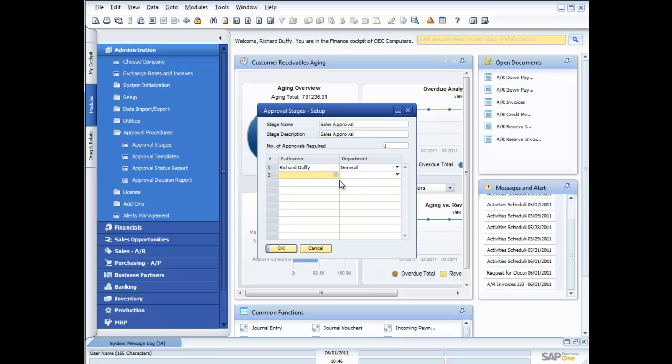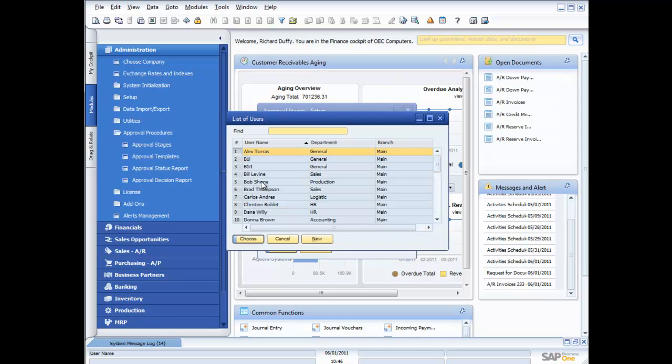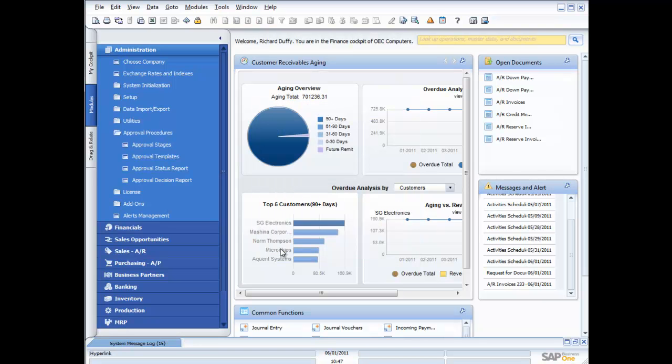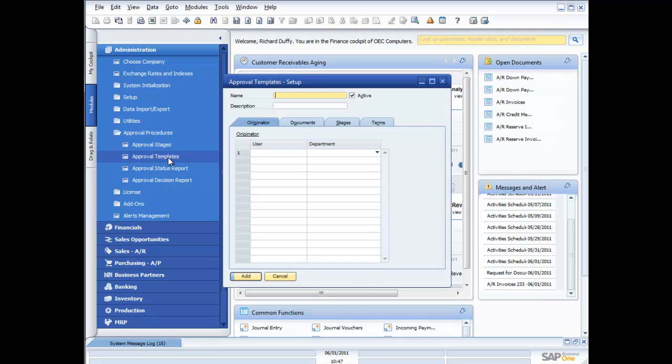If there were two people that needed to approve it, I just add the second person in. So for example, I could get it to go to Bob Schoen. Now in this case, either one of us can approve it, or I can say two, and that now means that both of us have to approve that transaction before it can go through. So if you've got multiple delegations of authority, then with SAP Business One you can track that. Then I set up my approval template,